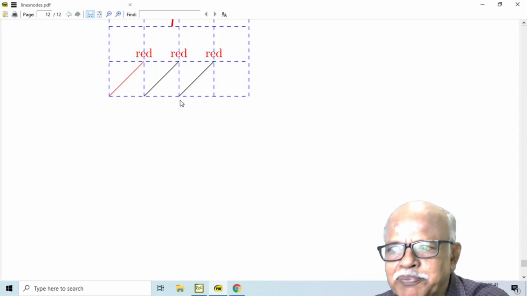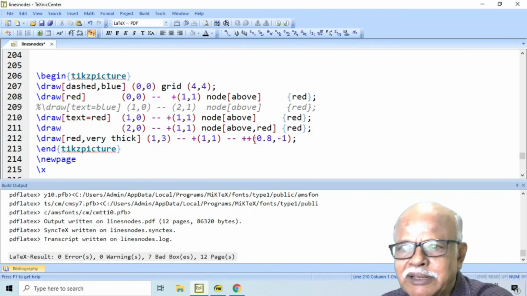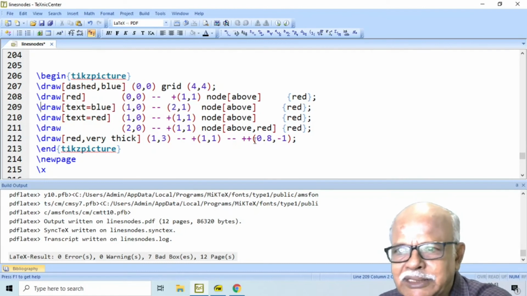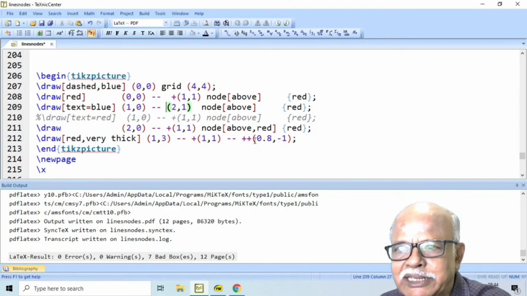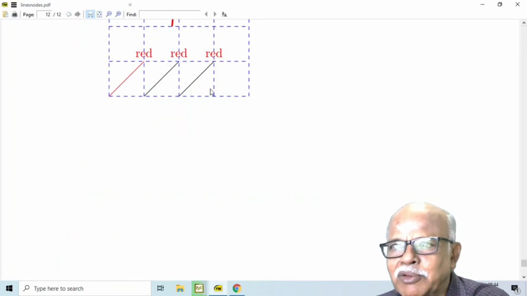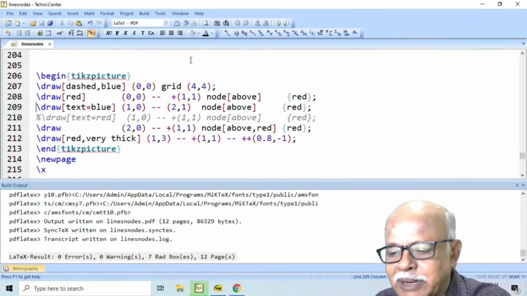It should be. But what I have given here is, instead of saying 2, 1 like this, let me show that also. Normally this is how we specify the coordinates, from 1, 0 to 2, 0, but now the color is blue. I comment this out.